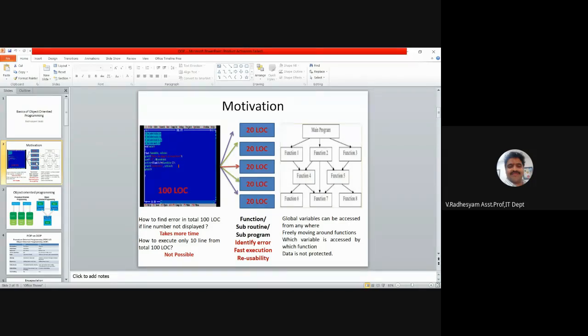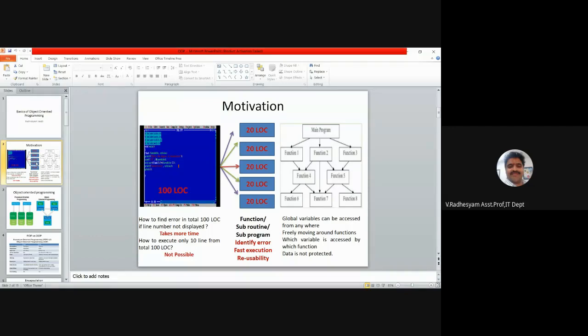In the case of procedural oriented programming, which has function features, a function may be called a subroutine or a subprogram. Anyhow, writing programs sequentially without using functions has some drawbacks.